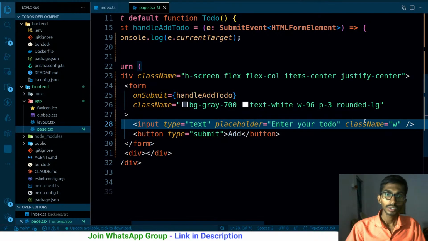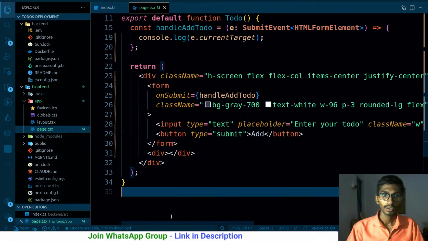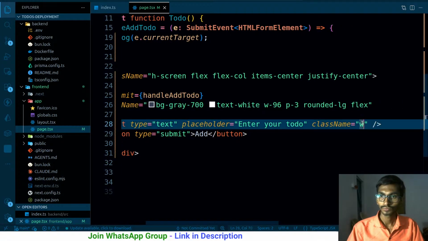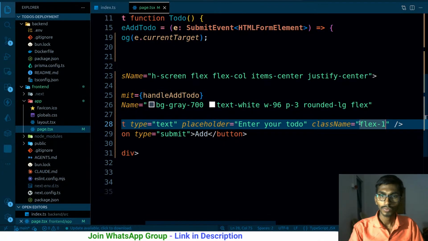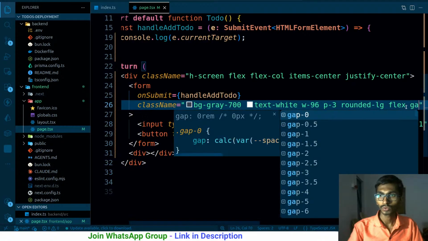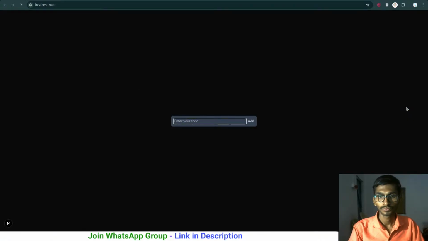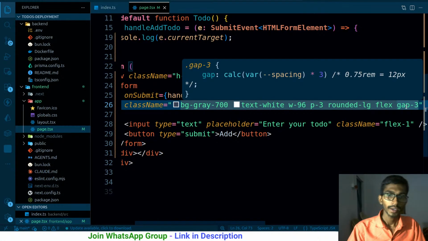It doesn't work. In that case, let me make it flex. Once it is flex, it's going to be flex 1. Super. And they will have some gap in between, so gap is going to be around 2, probably 3. As for this add button, class name,